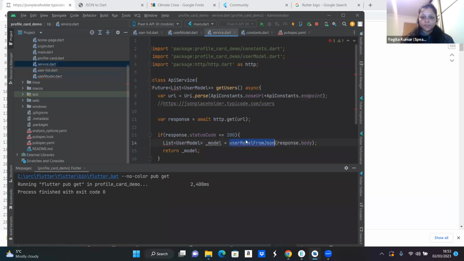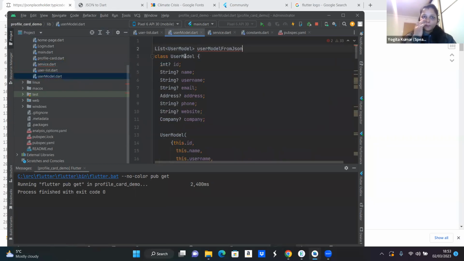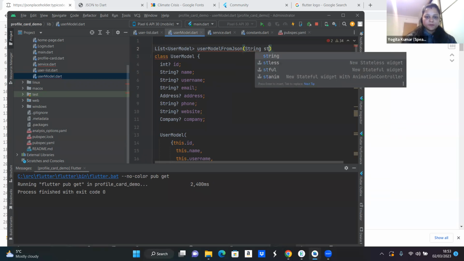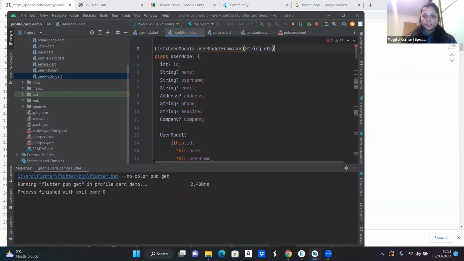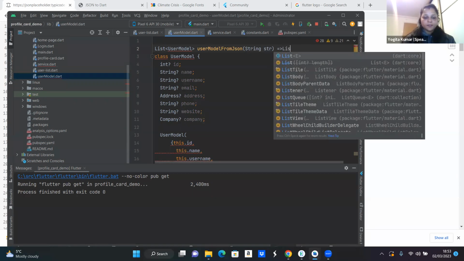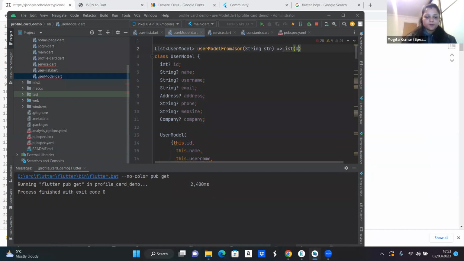Just copy the function name from here, which takes the string. This is the JSON string. It is going to return me the list of user model